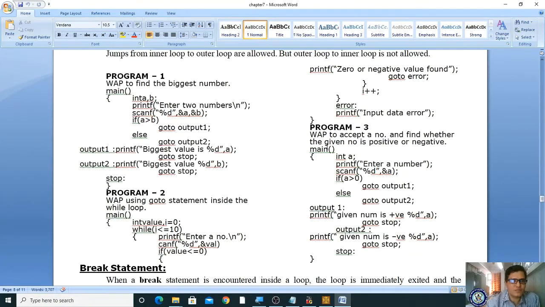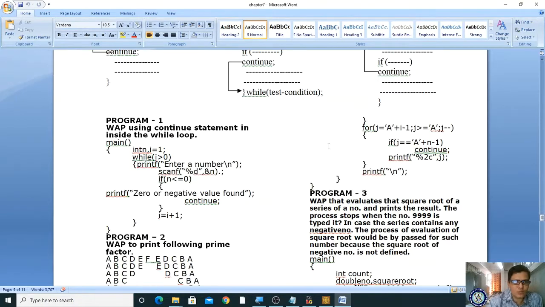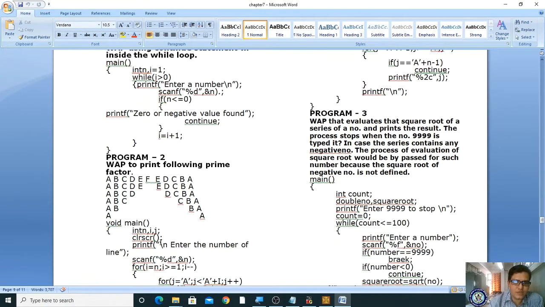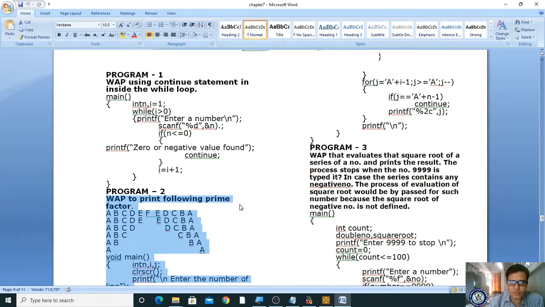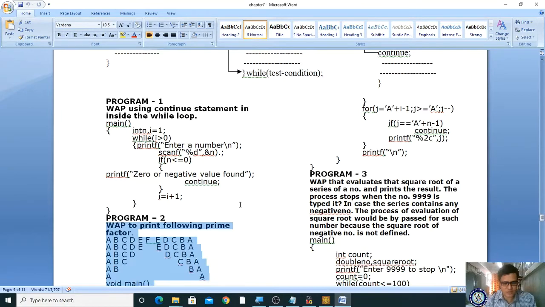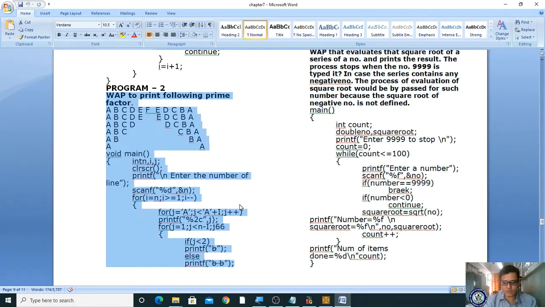In this chapter, there is one more program. Here we have to print this program. To print this program, what am I supposed to do? Let me copy it first. After copying this, you can understand neatly.